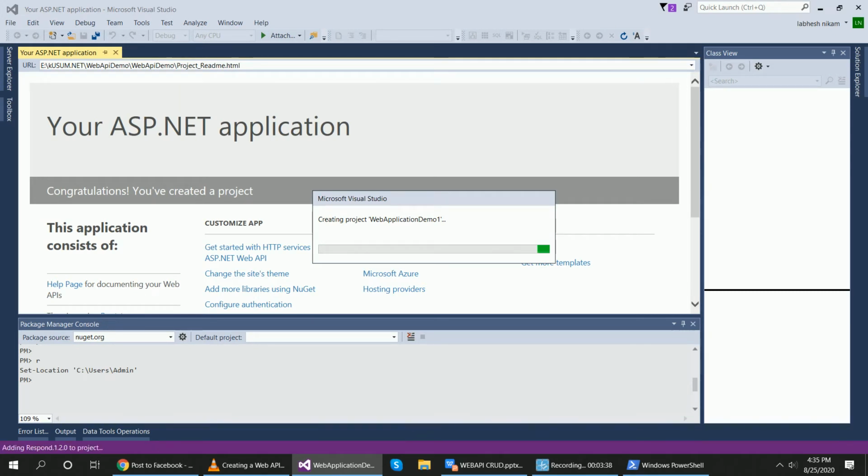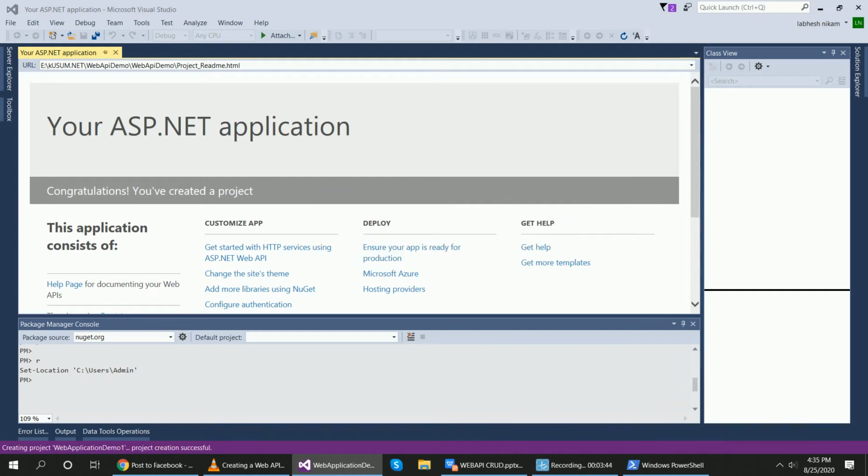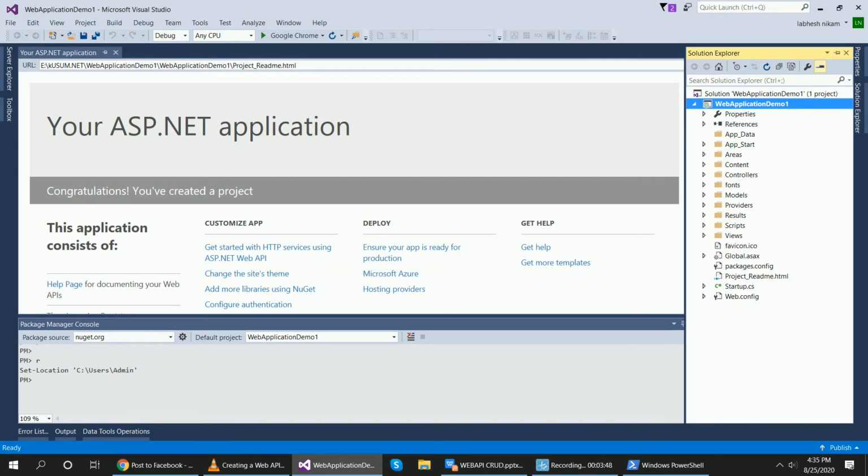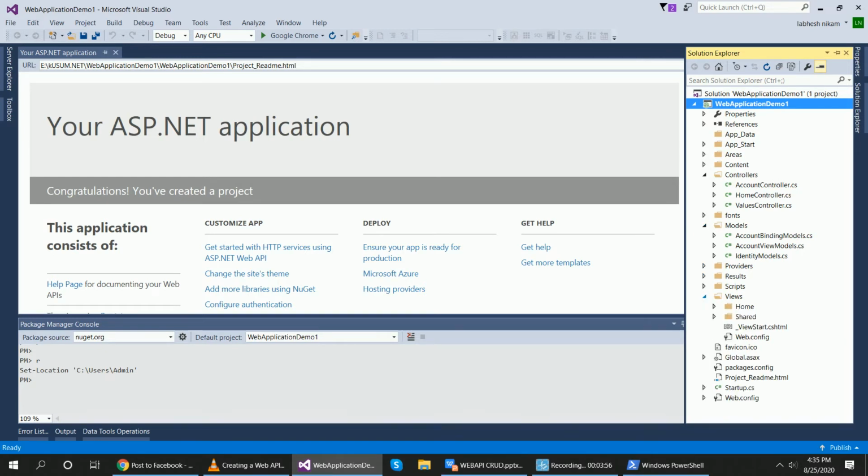When it runs, it displays all the messages, what files are created and what are adding. In the Solution Explorer, you can check here all the controllers, models folder and views folder generated, right?